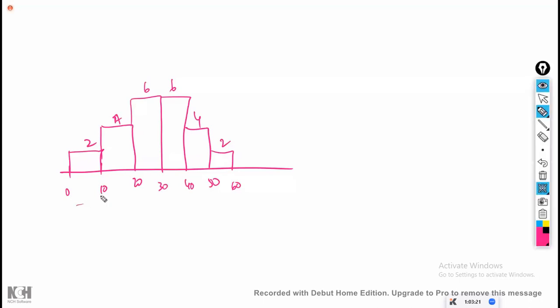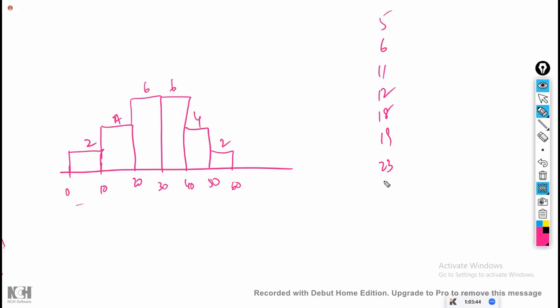From 0 to 10, select any two numbers, 5 and 6. From 10 to 20, select any four numbers, 11, 12, 18, 19. Anything as per your choice. If you can tell fast, tell me. As per your choice. There is no rule like that. From 20 to 30,